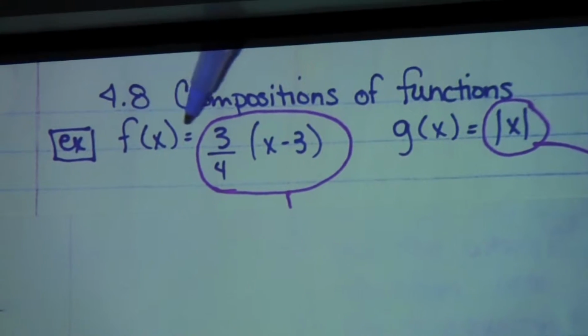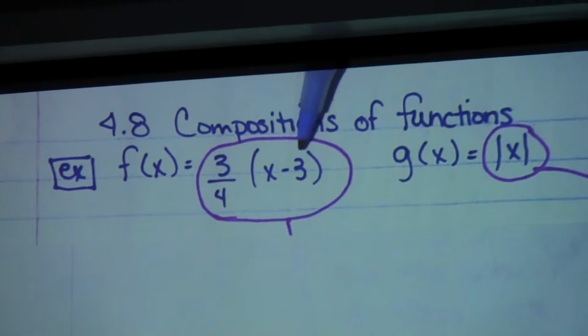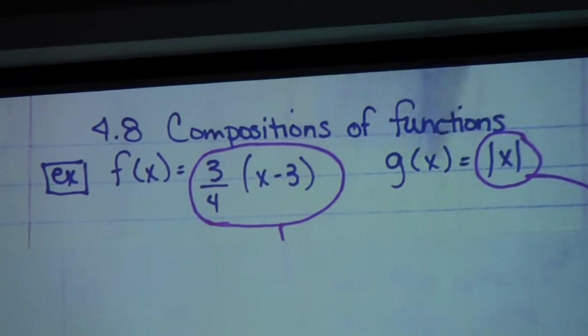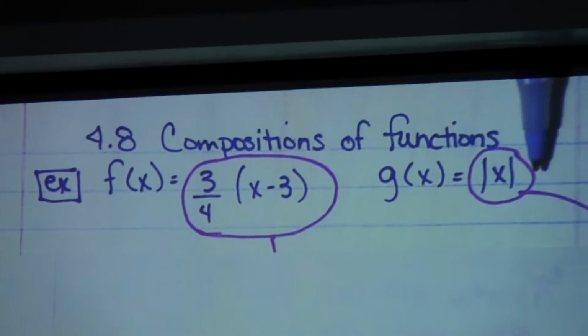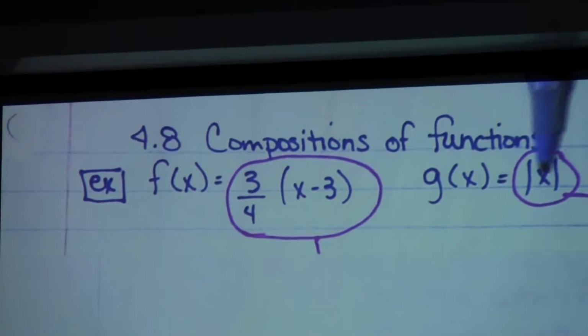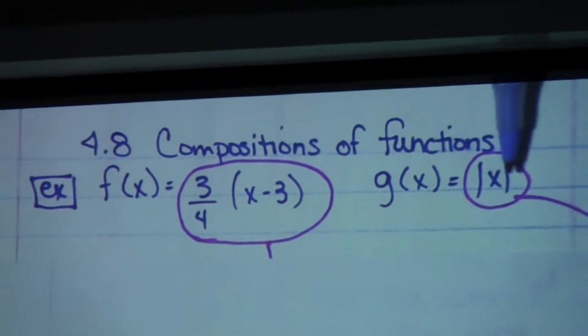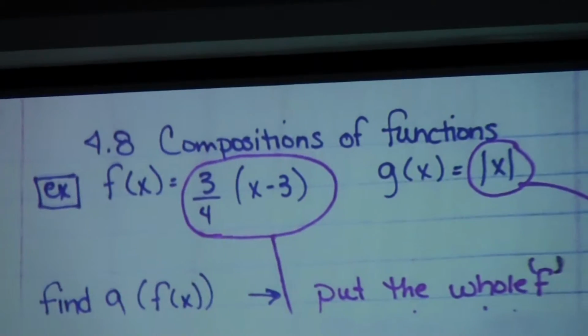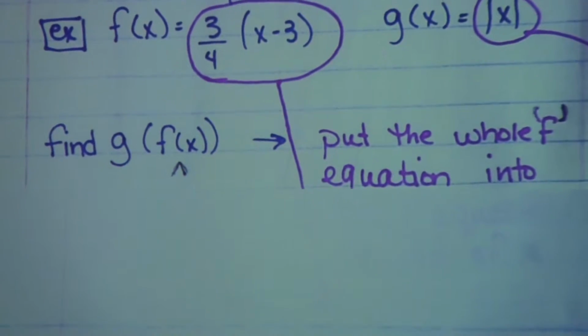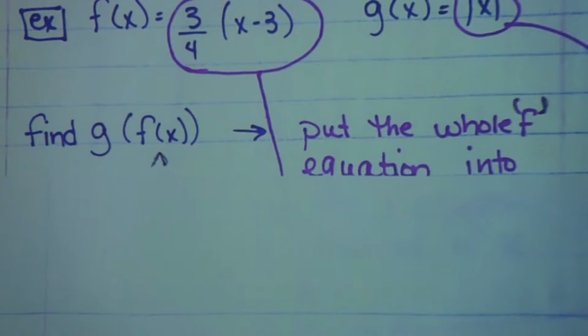So we have f of x is this function, 3/4 times x minus 3. And g of x then is this function, the absolute value of x. Remember, for absolute values, whatever number we put in, when we pull it back out of the absolute value sign, it's positive, right? Absolute values get rid of that. So they're going to give you problems that look like this. G of f of x,